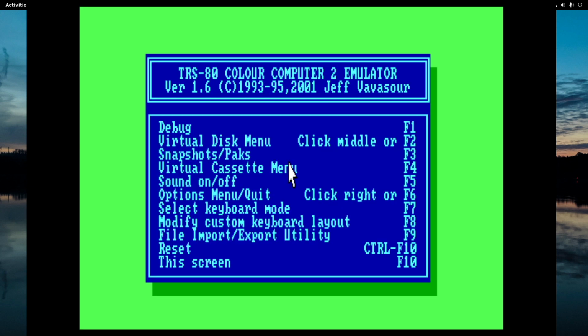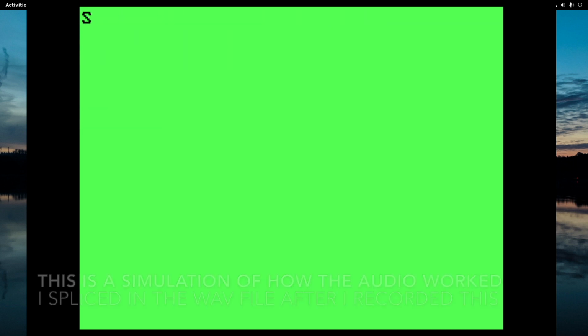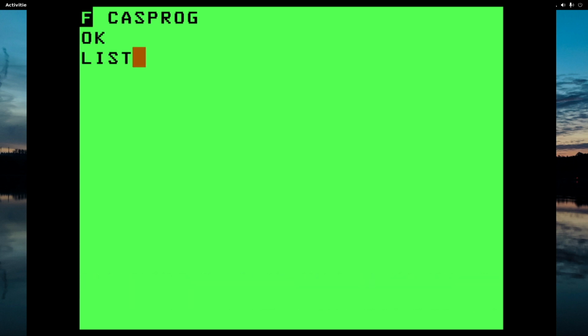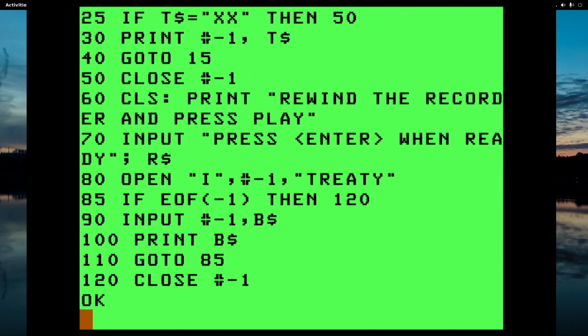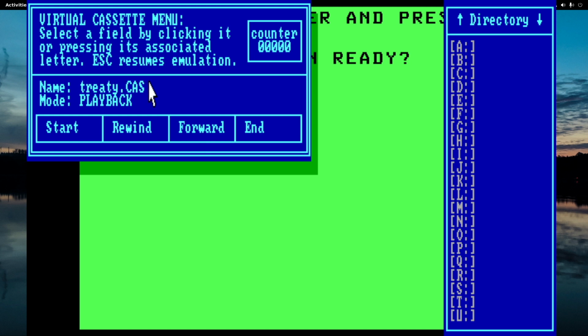So this is the emulator I'm going to be using. This is going to be fair warning. I am going to play the audio that would have come from the audio cassette tape, but I'm going to mix it very low. So hopefully, even if you're using a headset or something like that, it's not going to sound very loud, hopefully, but just fair warning. So first I'm going to load the program. This is the listing, and I want to run on line 60, not at the beginning. And here I have to switch tapes.